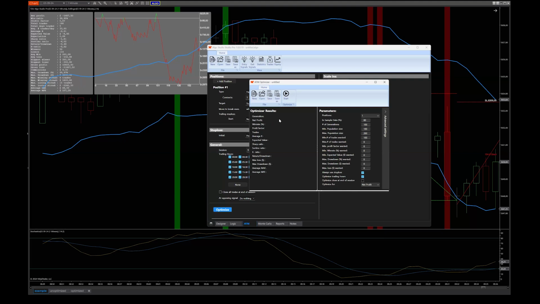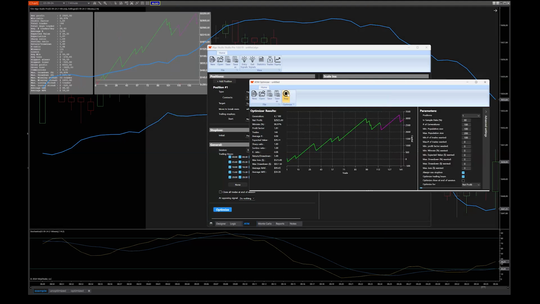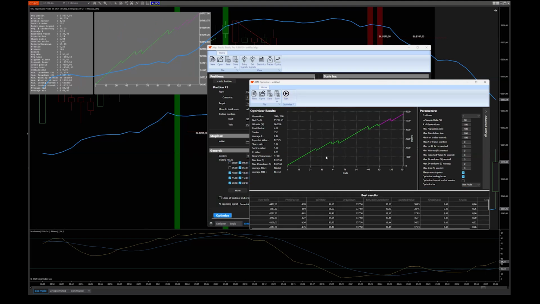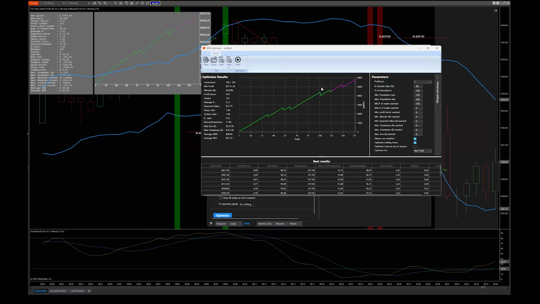And let's see what it does if we start optimizing. So I'm going to press the start button. And right away, you can see that the equity curve is already looking better. And you can see it's optimizing the net profit. You can see the win rate, profit factor. Now, in this case, if I look at this equity curve, it might be a little bit too good to be true. So it's probably a little bit over optimized. That's something we would not like.